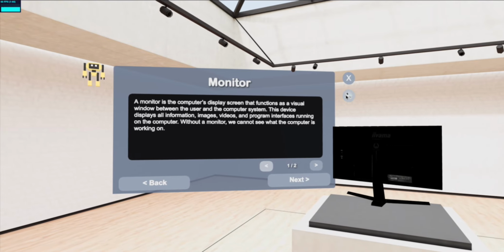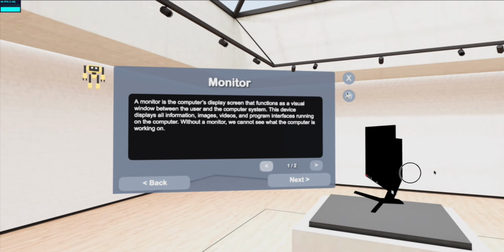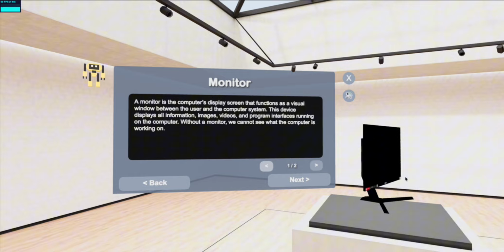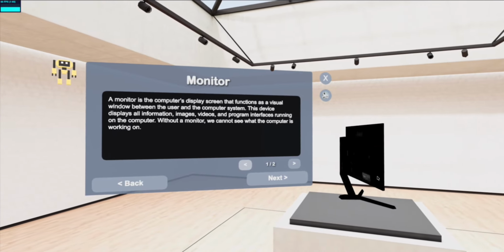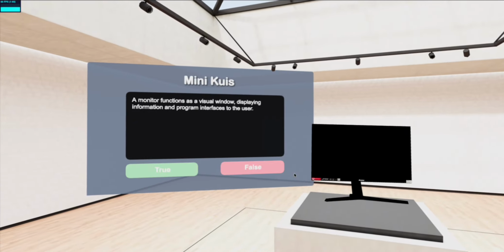A monitor is the computer's display screen that functions as a visual window between the user and the computer system. This device displays all information, images,